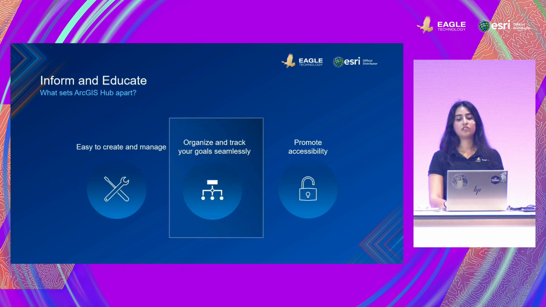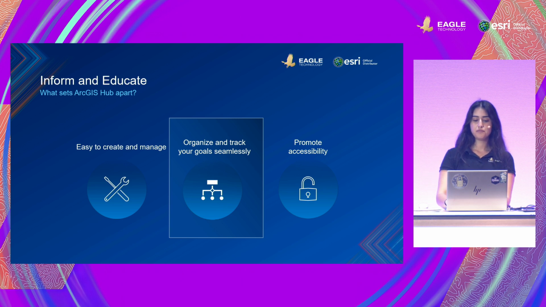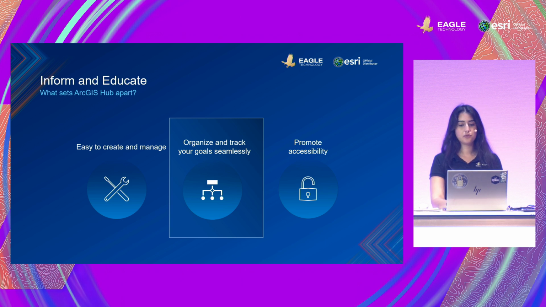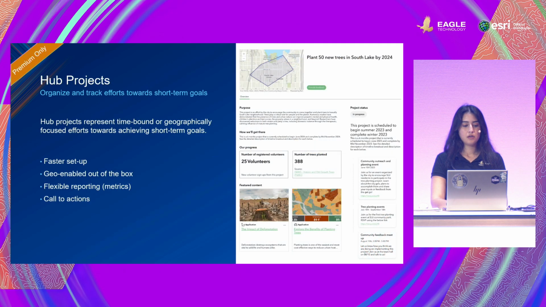So now, more specifically onto the ArcGIS Hub Premium tools. Like I mentioned before, you have hub projects, which represent short-term goals that you might be working on. And they're very easy to set up. So these are an item that exists only in ArcGIS Hub, and they're not stored in your ArcGIS Online. Like you can see in that graphic, you can set cards that are similar to dashboard indicators where you link